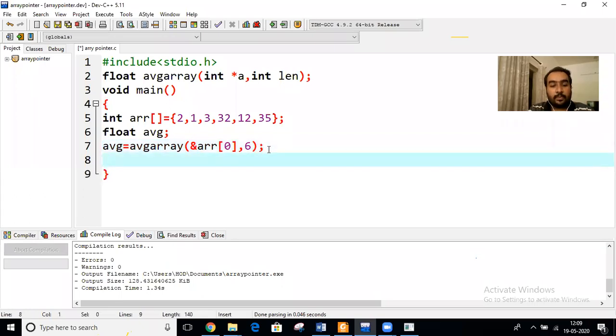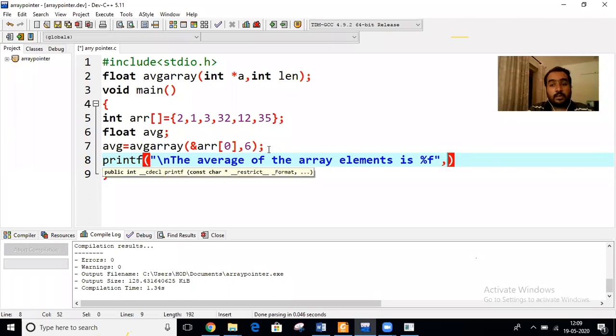And finally I'm going to print the average of the array elements is %f, comma,